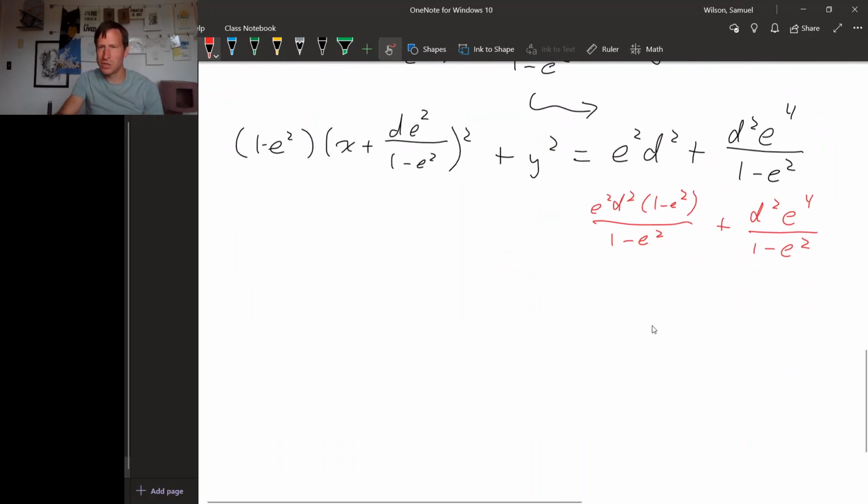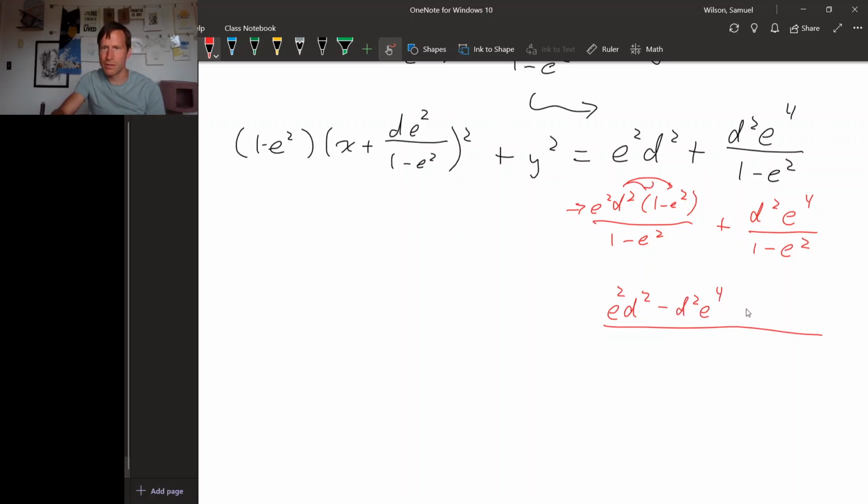All right, so putting these together and also multiplying out the stuff in this numerator, we get e squared d squared, that's this piece, minus d squared e to the fourth plus d squared e to the fourth. So these cancel, and our denominator is 1 minus e squared. Okay,